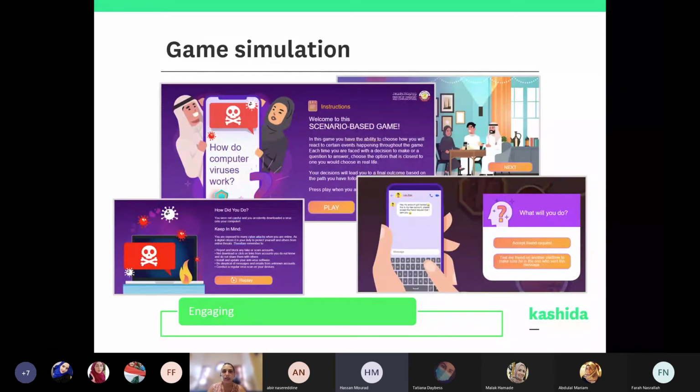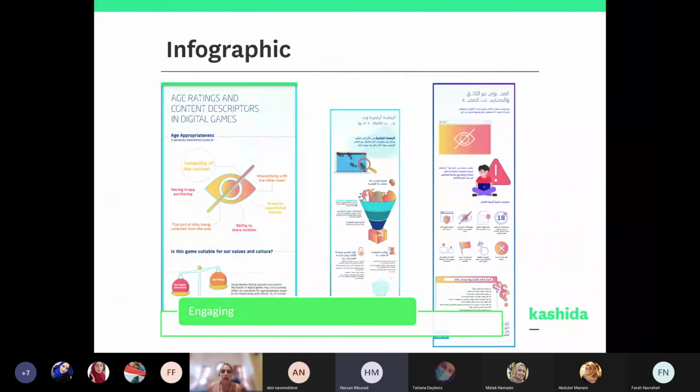This is a game simulation. They go through a scenario situation and they choose like, what do I post about this, or how do I behave in this situation? And they will get different results. Depending on the path they took, they end up with either they took the right measures and we give them a tip to keep in mind, or they have failed in certain areas and they get feedback on that. So there might be 4 or 5 different outcomes depending on the path that they took.